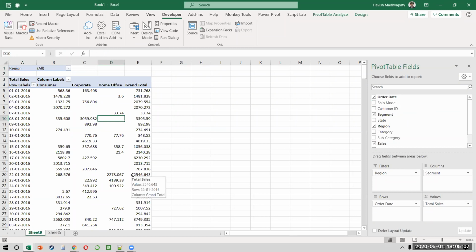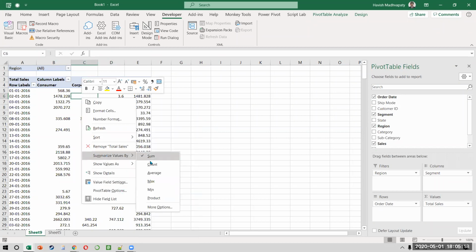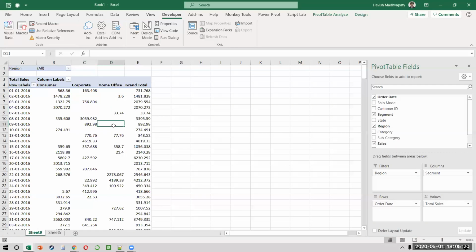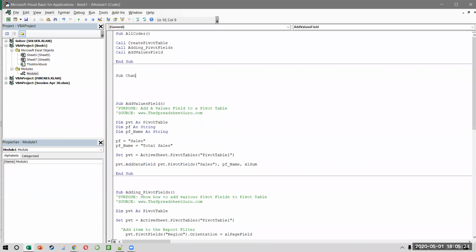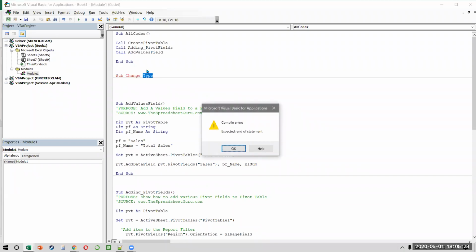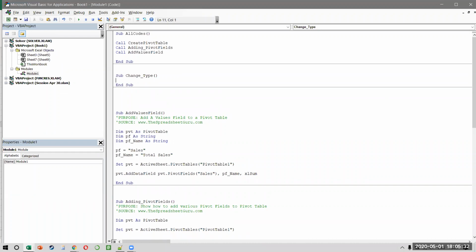Now, right now, if I ask you, can you change all of these sum values to count? How will you do this? You'll have to right click, then click on summarize values, and then change it to a count. But if I want to do this using a pivot, what I can do is I can just say sub change type.